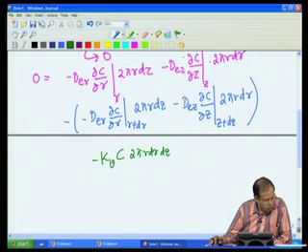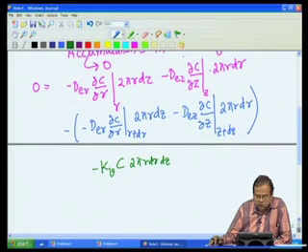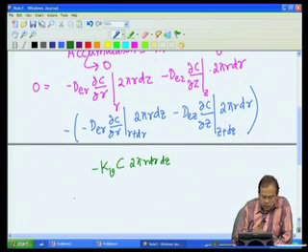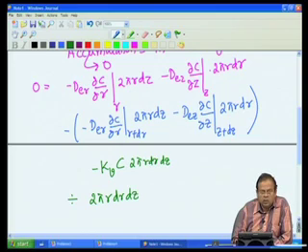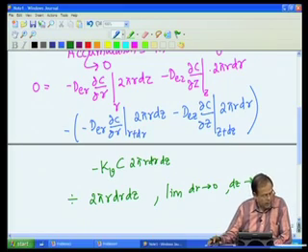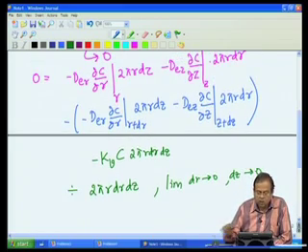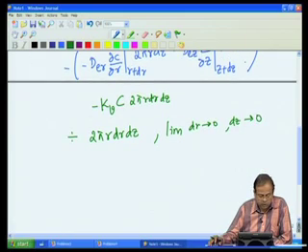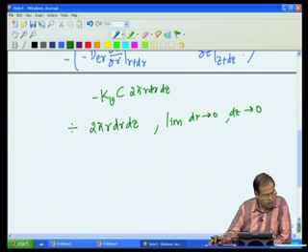Now, we can divide the entire expression by 2 pi r dr dz, and as we do in deriving any equation, take the limit as dr goes to 0, dz goes to 0, and this mass balance equation will reduce to